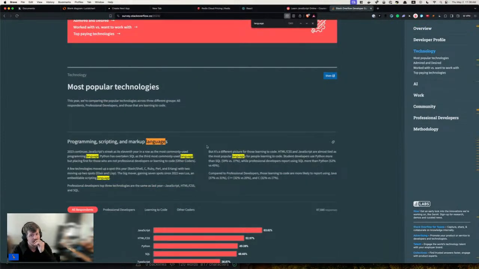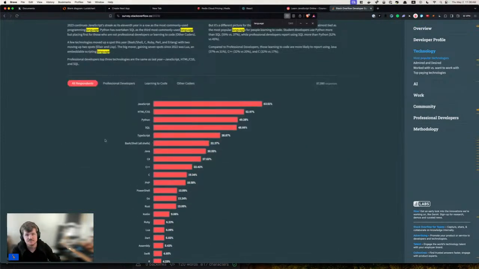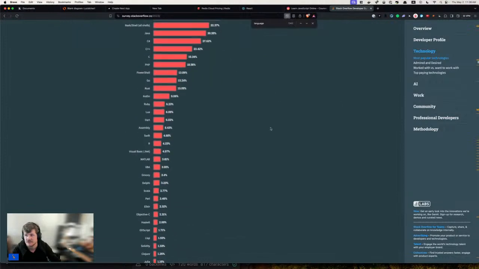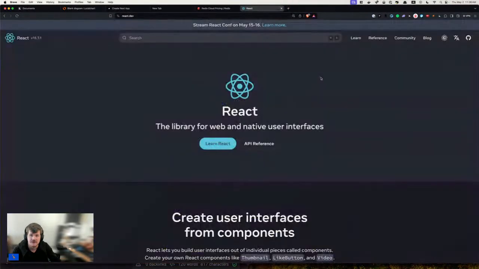So here you can see languages by popularity, and JavaScript, obviously very popular. Now, what is React? React basically solved the problem for Facebook. So back in the day, if you go back to 2013, when they were having this problem at Facebook,